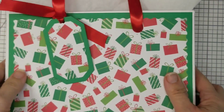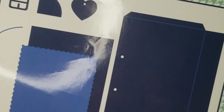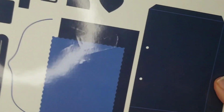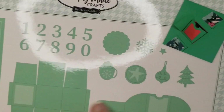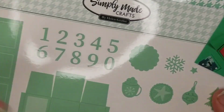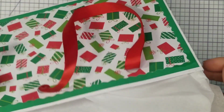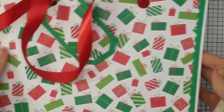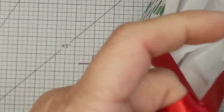So this bag is the first one I will show you, and it came as part of a set with the landscape gift bag die set. I don't know if you can quite see that, and their little advent calendar maker kit, and together they were $19.75 US. I thought that was ridiculous. I made this out of cardstock, heavy 300 GSM, and then just put a cute little pattern on it, some ribbon handles,